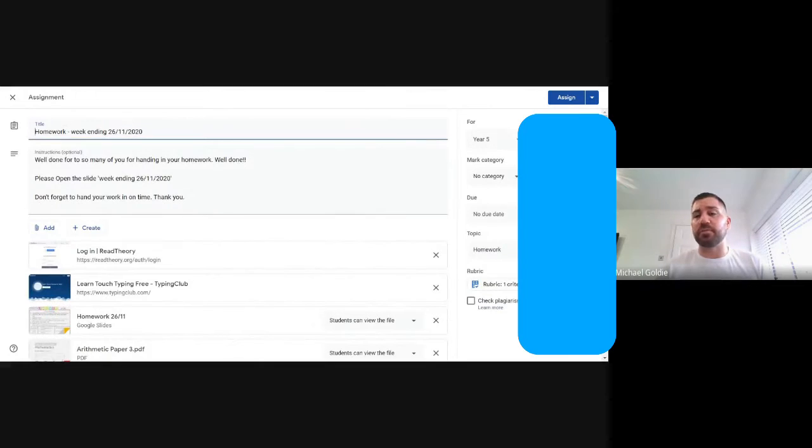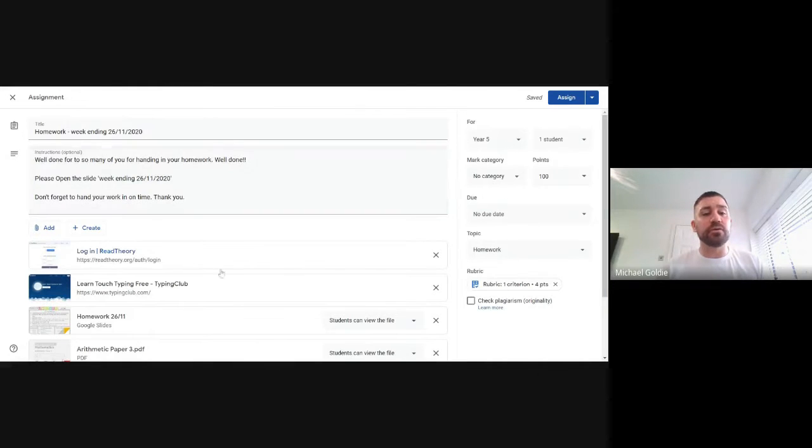Now, for the sake of this, I'm just going to send it out to my daughter's account so I can show you what it looks like from a student's perspective as well. I teach her, she's in year 5. So I'm going to tick off there, and then I'm going to show you the rubrics. Once this is all filled in and populated, down here you will see it says rubric, and if you click